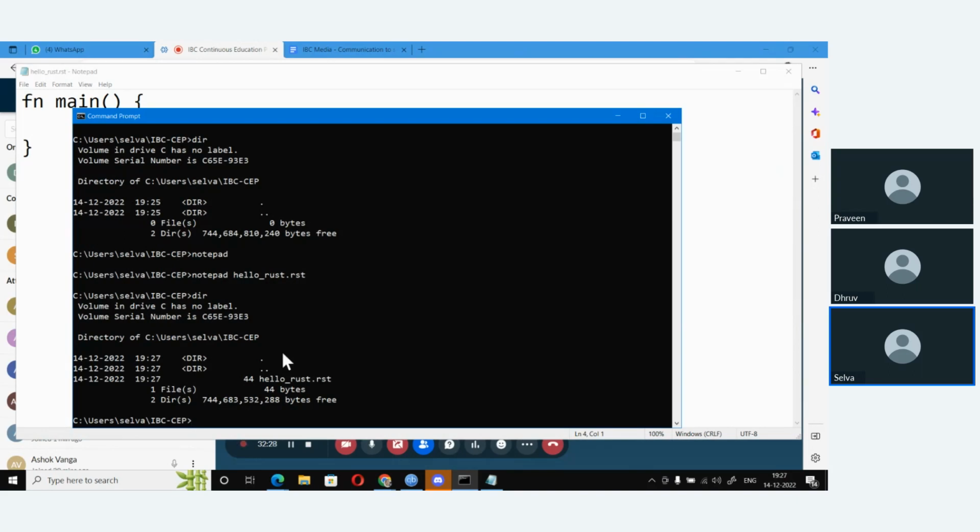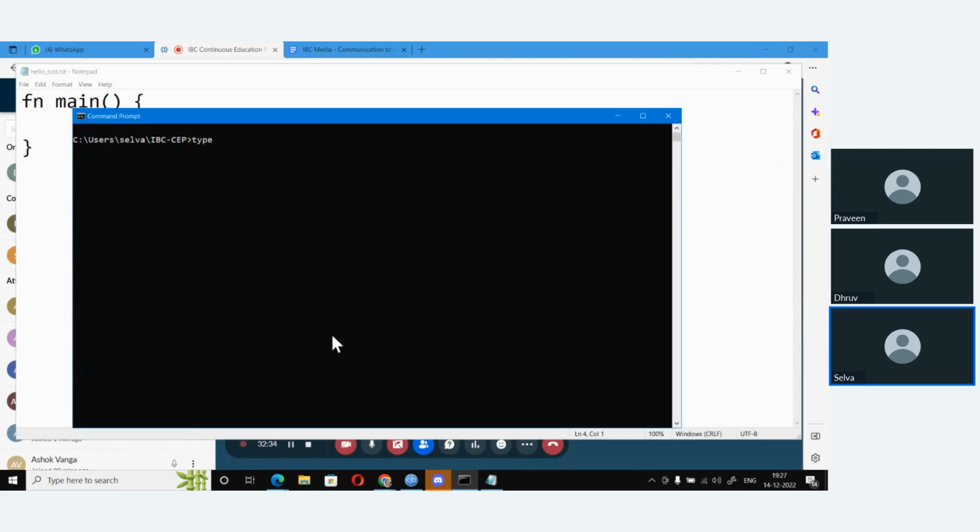And you can check the content. In the command prompt window, you have the command called type, and then give hello_rust.rs. It will show you the content of the file. The first thing you need to do is compile the code.